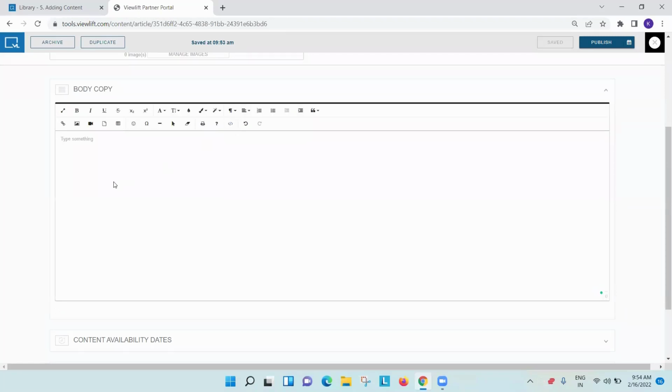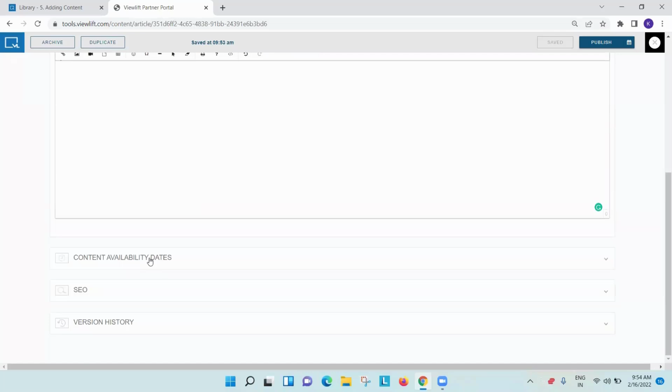So in the article view, if we have an HTML, we can also put the body copy here in the HTML format, and we can change the code view from here. By switching the code view, we can see how it looks on the front end. So when you change from here, it will show you how it will show on the front end. And then we have content availability date,